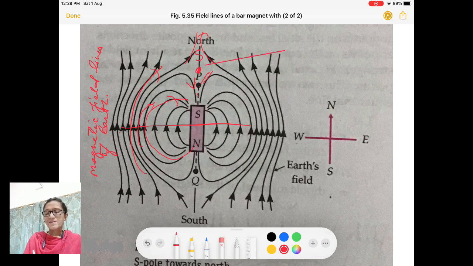So this is also called a neutral point. It means the net magnetic field at this point, at point P, becomes equal to 0, because the magnetic field due to Earth and the magnetic field due to this bar magnet both cancel each other at this point. So these places are called